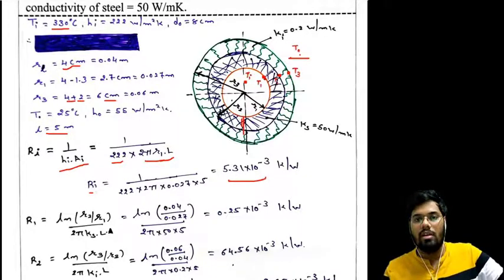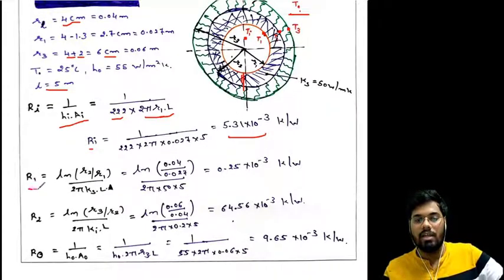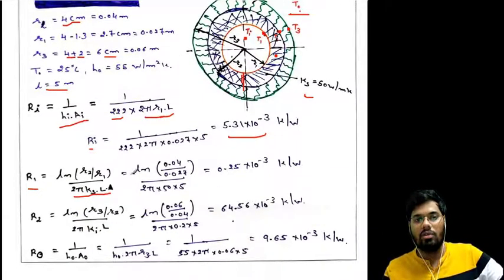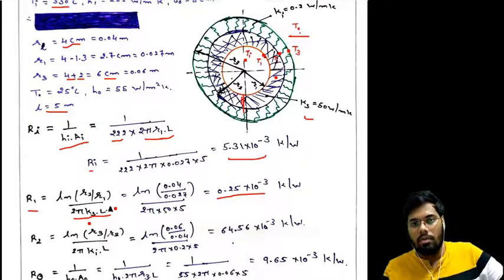We know the values of R1 and L, so by putting in these values we can calculate the convective resistance, which is Ri. Now from R1 to R2 there would be conduction, so let's take the conductive resistance as R1, and the equation for the conductive resistance for heat transfer through a cylinder is ln(R2/R1) upon 2 pi KL. The conductivity of steel is also given in the question as 50 watt per meter Kelvin. We know the values of R2, R1, K and L, so by putting in these values we can calculate the conductive resistance of this steel. Now from R2 to R3 heat will flow again through the insulation by conduction mode.